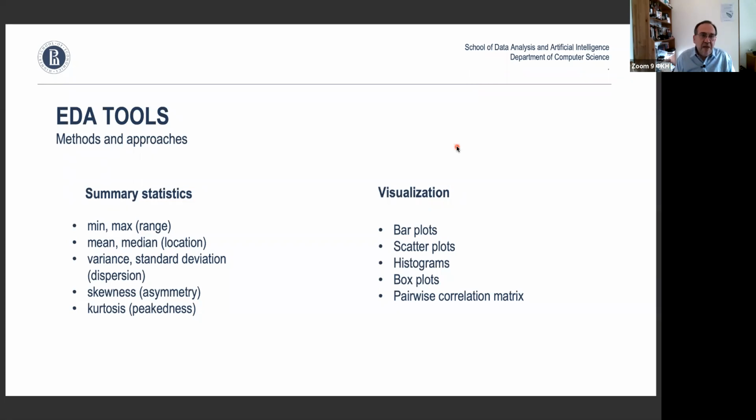The range. And maybe you can even dig a little bit deeper and look into how symmetric the data distribution is, right? So for example, if you have negative numbers, do you have corresponding positive numbers within the data set or not? And then you try to visualize this. Again, there are multiple ways of doing it. You can do very simple bar plots, which just show you the counts of the numbers. Or you can do scatter plots, where you try to show the dependency of one feature from another. We can also talk about histograms and a little bit more complicated plots like what's called box plot and pairwise correlation matrices. And we're going to look into them in a minute.